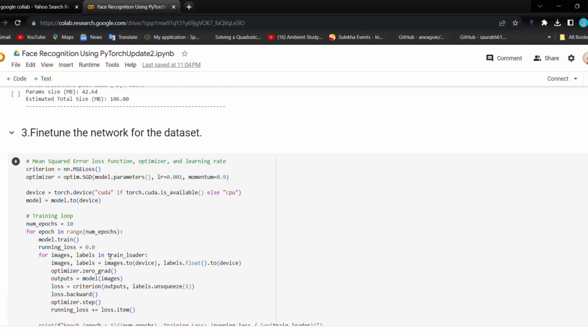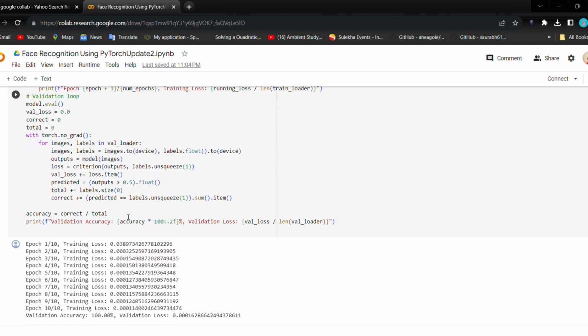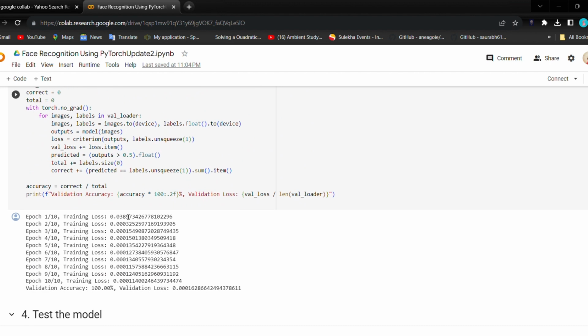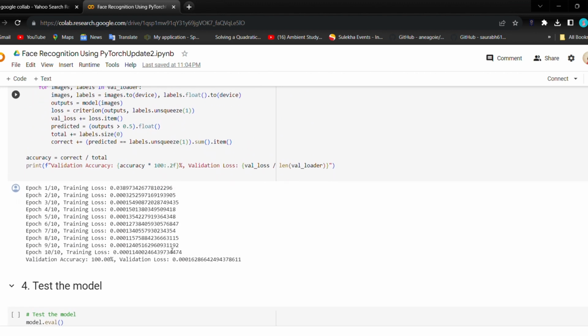When it comes to fine-tuning the network for the dataset, the model was fine-tuned using mean squared error as the loss function and stochastic gradient descent as the optimizer. The training loop spanned 10 epochs with updates to minimize the MSE loss. You can see each epoch and the training loss here.